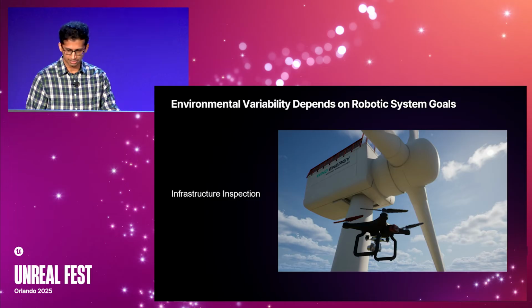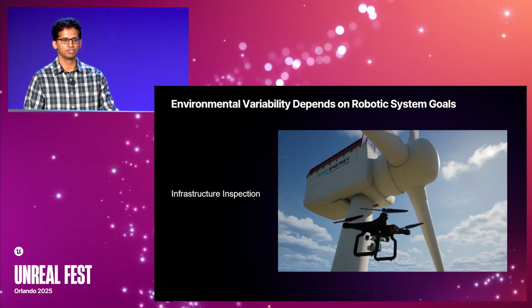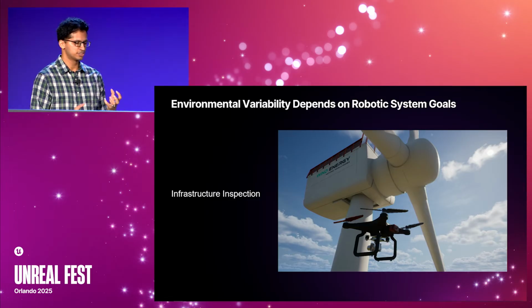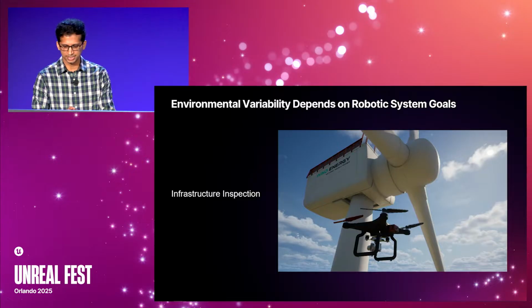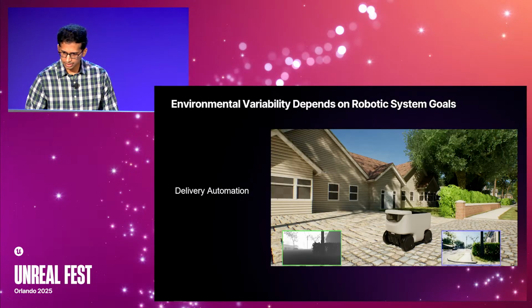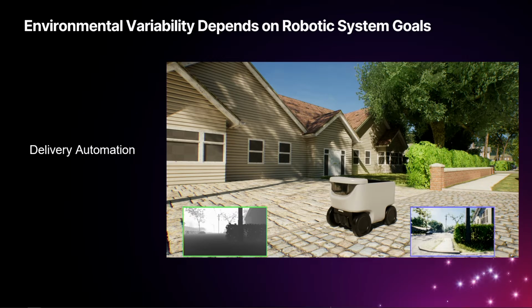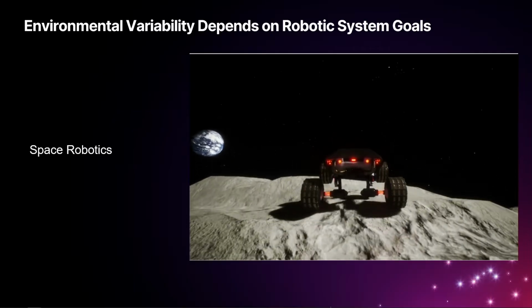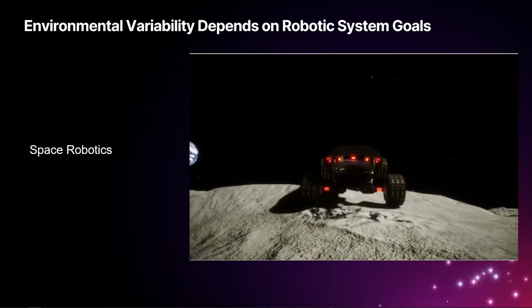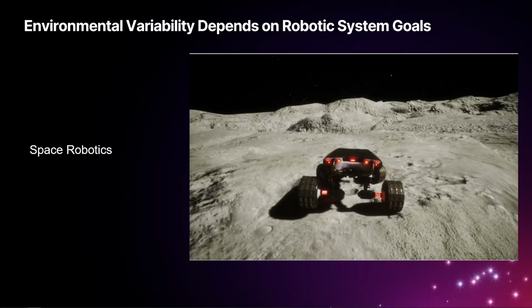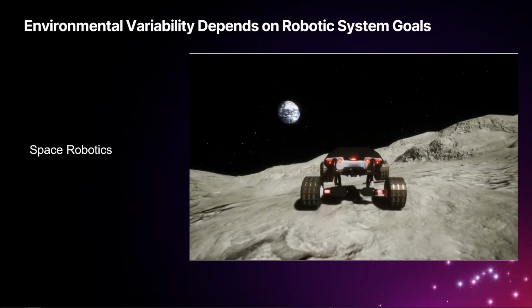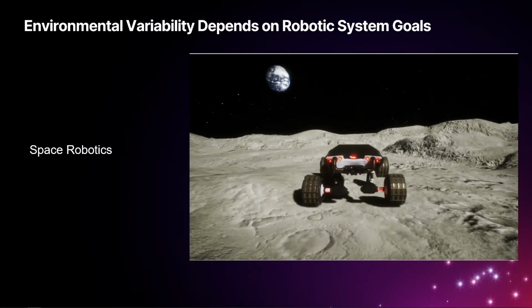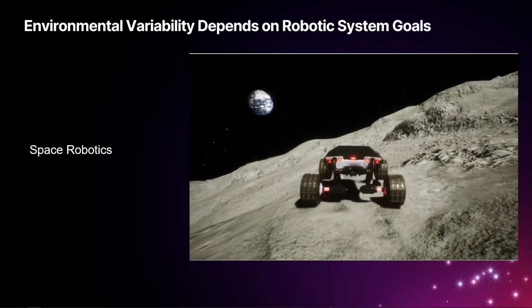And really the challenge is how do you scale that kind of process, right? How do you break out of this notion that we have to develop something very custom for each of them? And similarly, there are delivery robots, which means suburban scenes and maybe humans on the sidewalk and some traffic and stuff like that. Space robotics, the final frontier, or maybe not so much, maybe there's more. But then again, you're looking at low gravity scenarios and interesting wheel dynamics and how it interacts with the terrain and that kind of stuff.